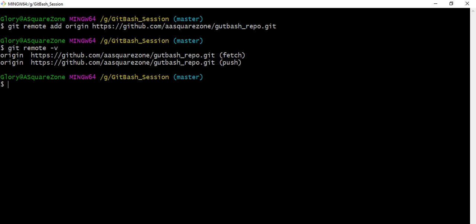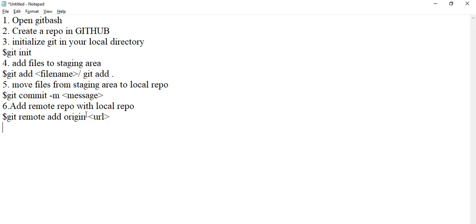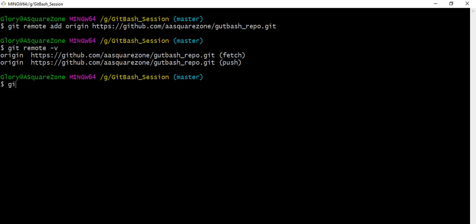So now I just wanted to push my files to remote repository, from local repo to global repo or remote repo we can say, using git push -f origin master. So this is the command. So I'm just going to execute this command again.